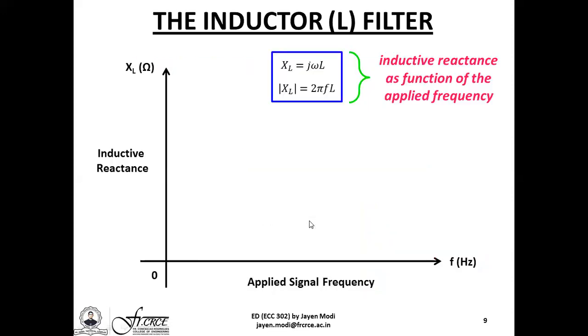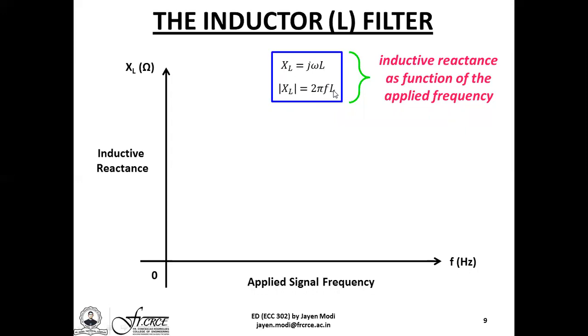The second important part is the plotting of the inductive reactance XL as a function of the frequency. We all know by this time that XL is given as j omega L, or if we take the value in a typical modulus sign, we get mod XL is equal to 2 pi FL. 2 is a constant, pi is a constant, and the frequency of the AC input supply is also a constant. If we take it as simply 50 Hertz, L is also the inductance.